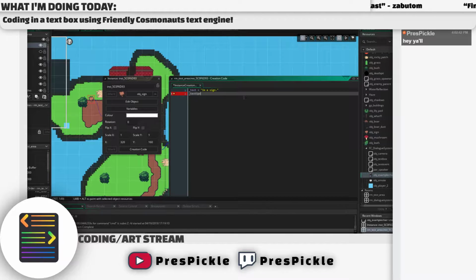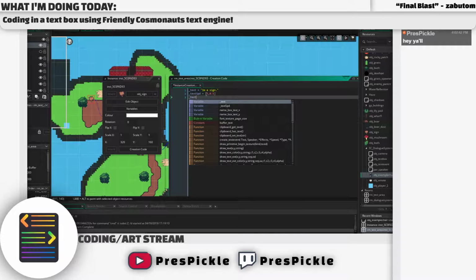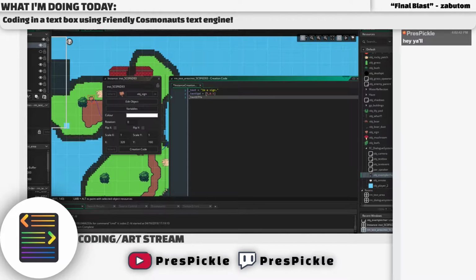text speed equals, let's go, so 1. So let's just count this. We have 1, 2, 3, 4, 5, 6. So we want to go from 5, we want to go 0.5, right? Underscore text effects